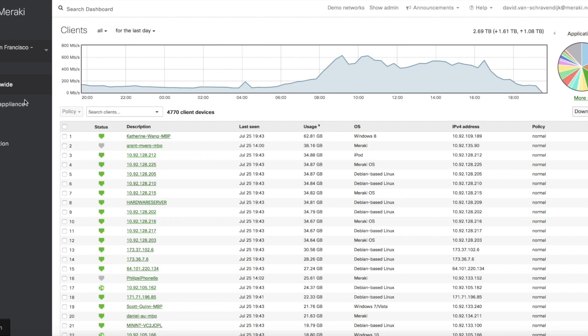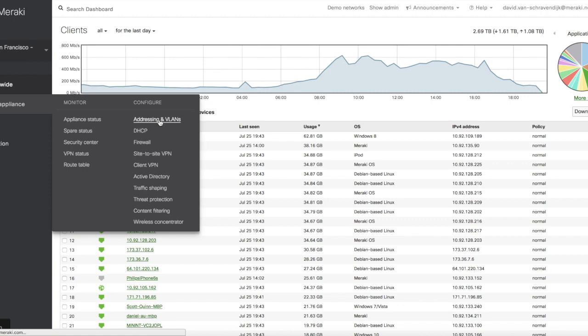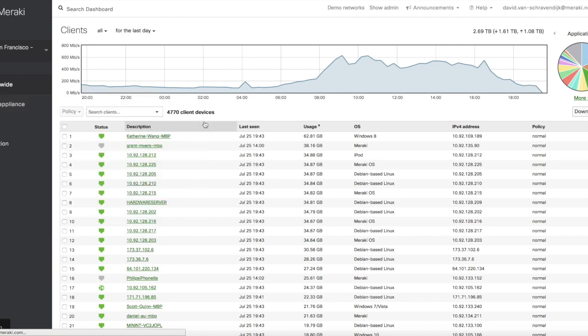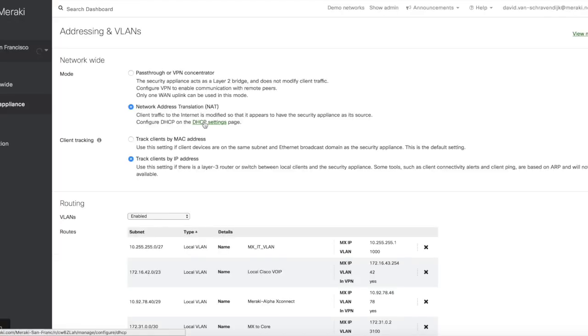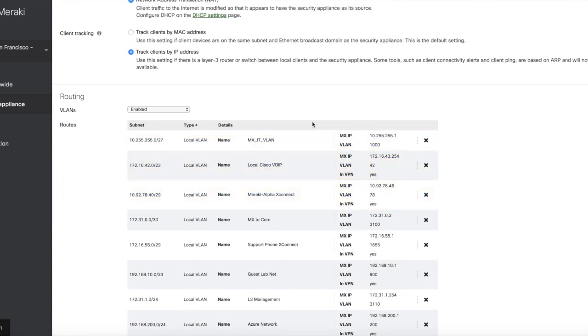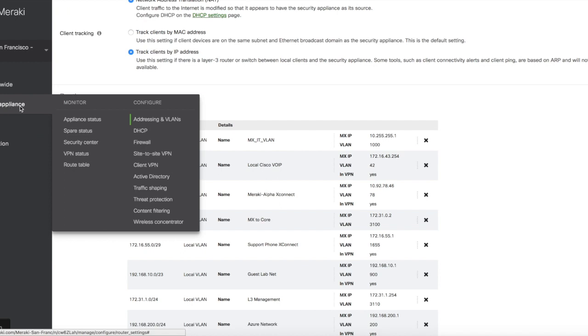So to show you what we would do to set that up, we would first want to double check that our addressing and VLAN section is properly configured. So if we go to this page, it shows me all of the different VLANs that I have configured for this MX, which is great. So I have my VLANs configured, and now I'm going to jump over to actually setting up this site-to-site VPN